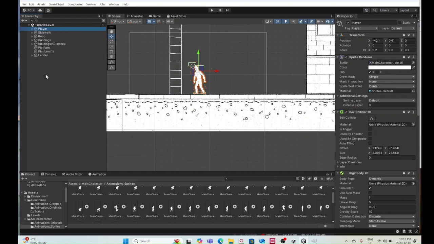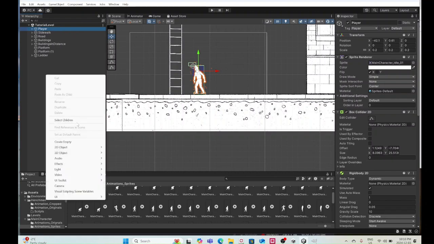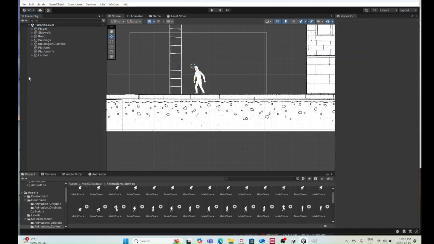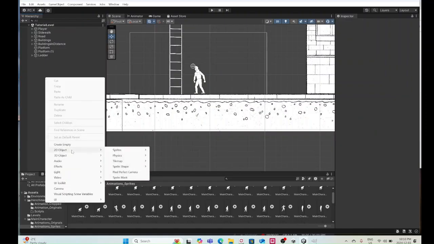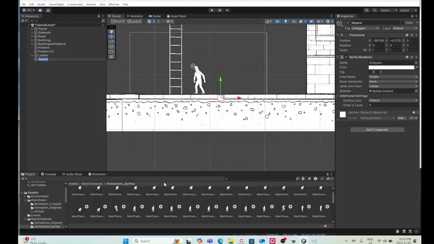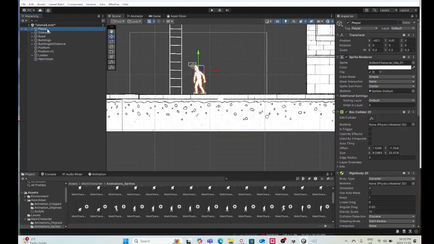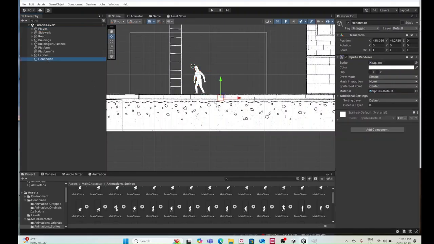I believe 2D object sprite. Was it a square? Call it a henchman. First, I need to